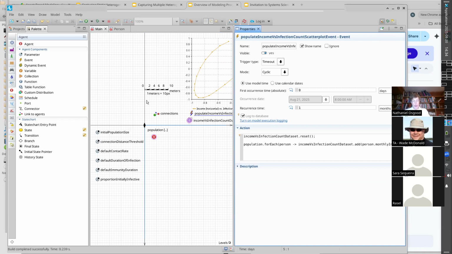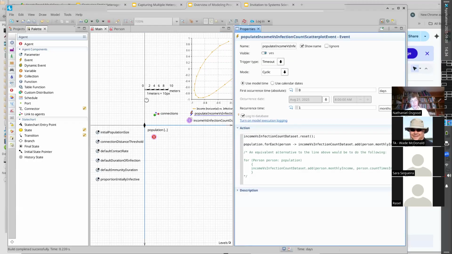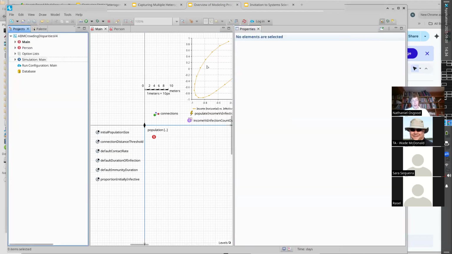So I'll put in a comment. It says, like, an alternative to the line above would be to do the following, in case you want to understand that. An equivalent alternative to the line above would be to do the following. Okay. So we populated the data set